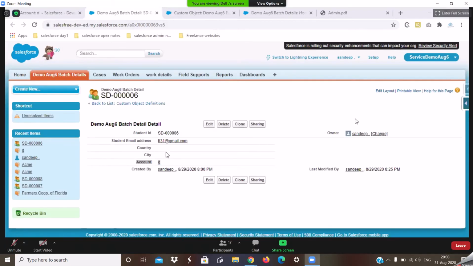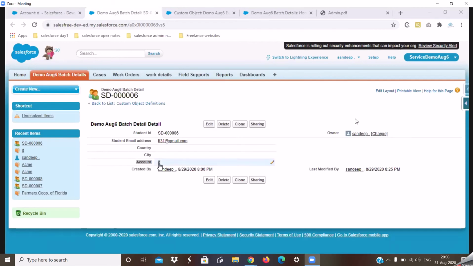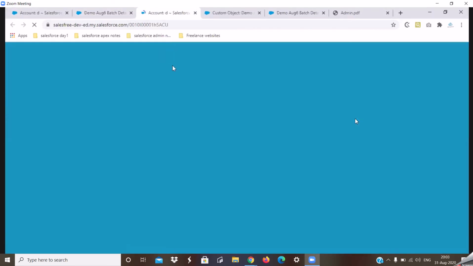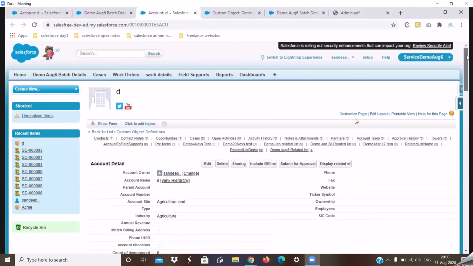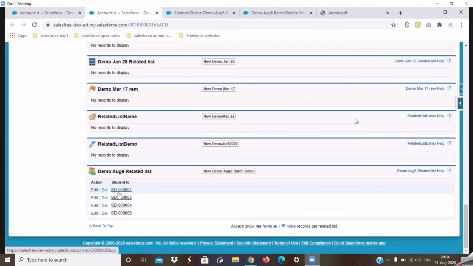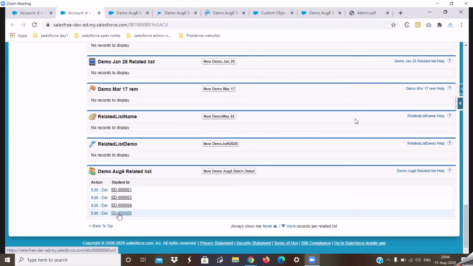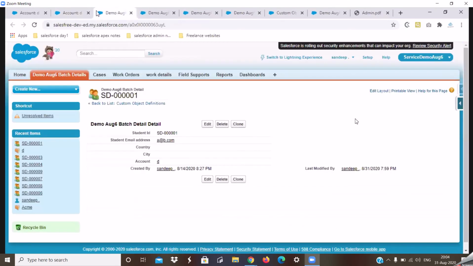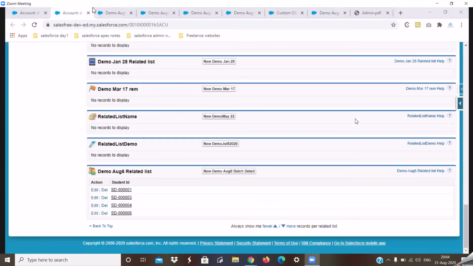Alright, so I have this child record and I'll go to the parent and see how many children are associated with it. If I go to the account, for this account, how many children do I have? Four children. So I'll open all these children in consecutive tabs so that we understand what would happen to these children. Just like we did for our lookup relationship, I'll first delete a child and see what would happen. Then I'll proceed and see what would happen if I delete a parent.